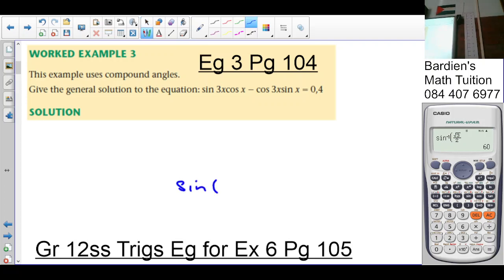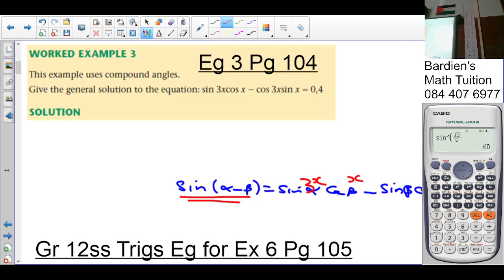But what is in alpha's place? 3x. What's in beta's place? x. Can you see that? So in other words, when we reduce it, it's simply going to be sine of 3x minus